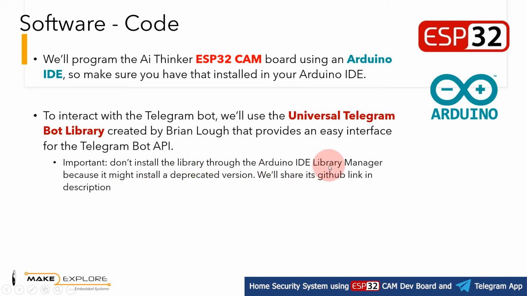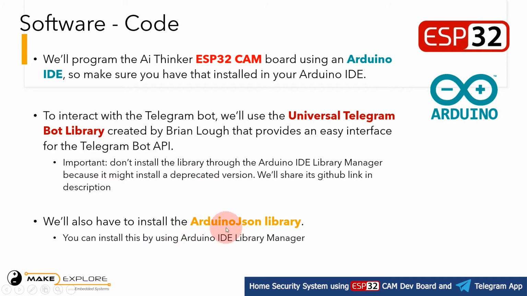Don't install it using the Arduino IDE library manager because it might install a deprecated version. We will also have to install the Arduino JSON library. You can install this library using the Arduino IDE library manager, but install the Universal Telegram Bot library using the GitHub link.